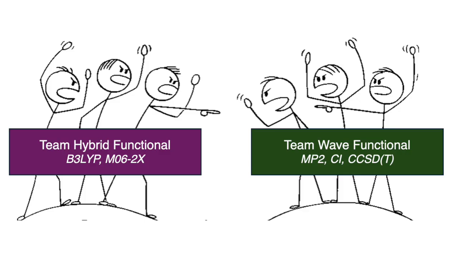For example, Team Hybrid Functional might recommend that you do something like use a B3LYP calculation or the ever popular M062X, we call it the Minnesota approach. Sure, doing so might give you a fairly reliable result, but the speed of the calculation truly depends on the speed of your machine. Team Wave Functional might suggest using a heavy-hitting theory like MP2 or CCSD(T), the